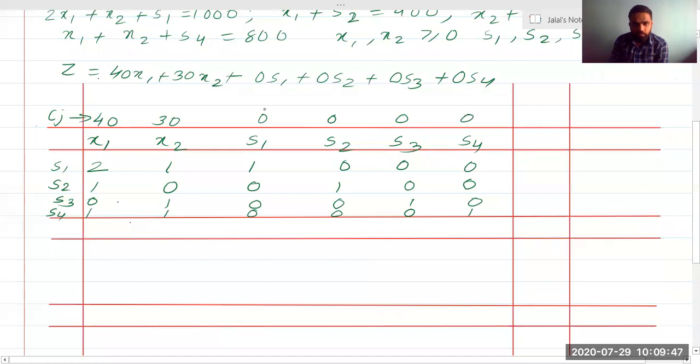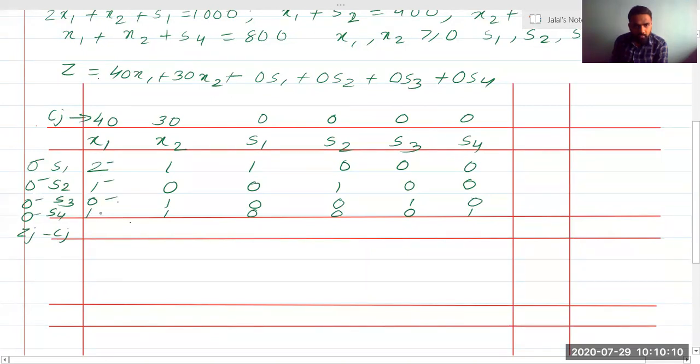And whatever is the coefficient of z, we start with our basic solution with that only, those variables forming the identity matrix. So since S1 to S4 are forming the identity matrix, we will write their z coefficients here. Now how to find Zj minus Cj, I have already explained. You multiply 0 into 2, then 0 into 1, then 0 into 0, then 0 into 1.